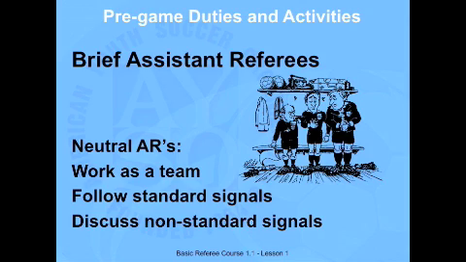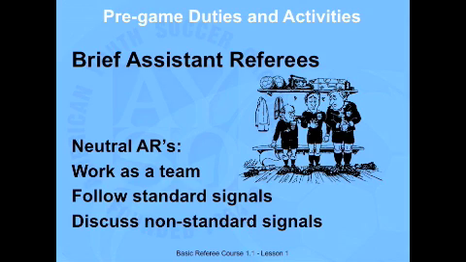Anything like that. Can I see this side of the field? Is the sun low on the horizon? And does the assistant have greater leeway in making calls on their side of the field? All of these types of things are what you discuss prior to the game. And the